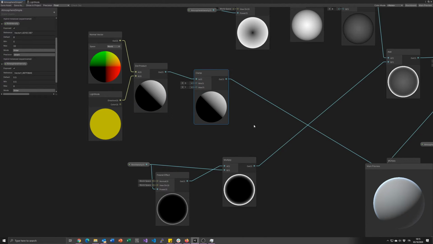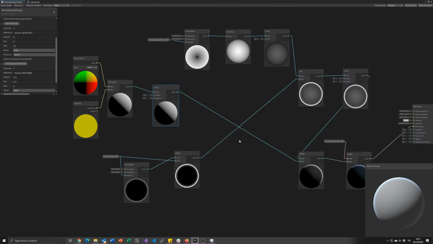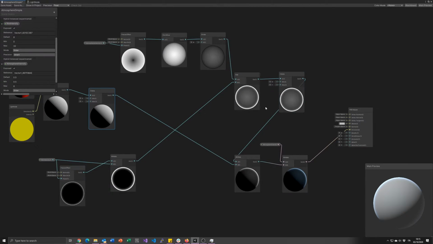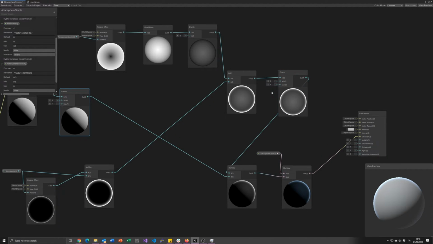Then I just clamp it for good measure, and then here we move to the main part of the shader. We basically add the rim lighting to the inner lighting. Again, a clamp. I don't know how much these are necessary, but I don't think it hurts that much. And then when you have combined the two